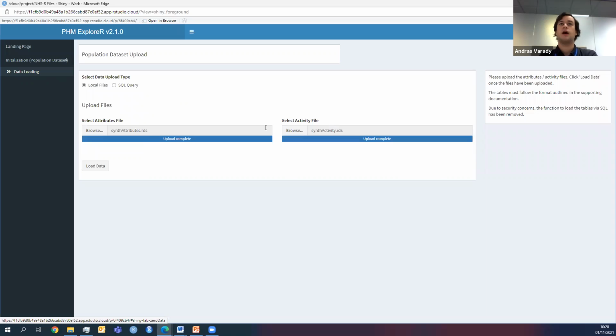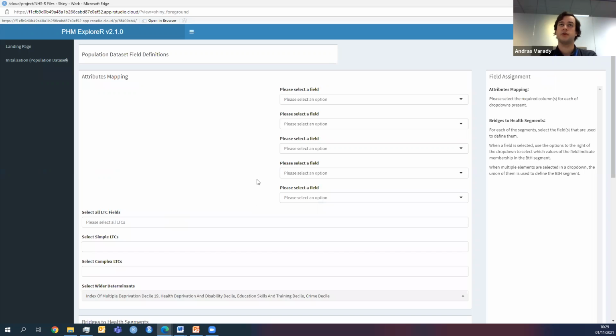Just to carry on, having uploaded both of the files, we then really quickly make sure that the column headers are approximately what we would expect, which is to say that it has all of the prefixes that I mentioned. This is mostly just relevant so that we don't end up with erroneous data in the ExploreR, which can cause bugs. Then the next page is basically just pointing it out to all of the corresponding columns that I mentioned. So selecting age,